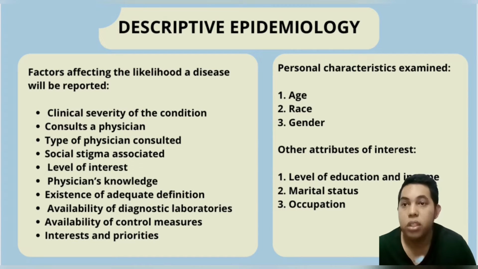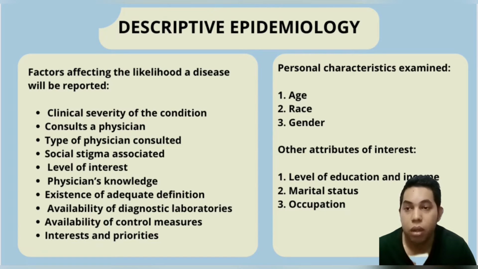Although reporting of notifiable disease is mandatory and sanctions can be enforced for non-compliance, these sanctions are rarely applied. As a consequence, reporting is often incomplete, with wide-ranging estimates of completeness for various notifiable diseases. A number of factors probably affect the likelihood that a notifiable disease will be reported, such as the clinical severity